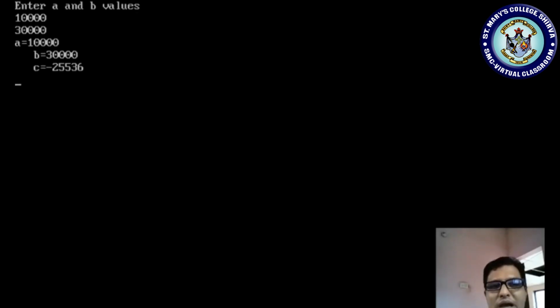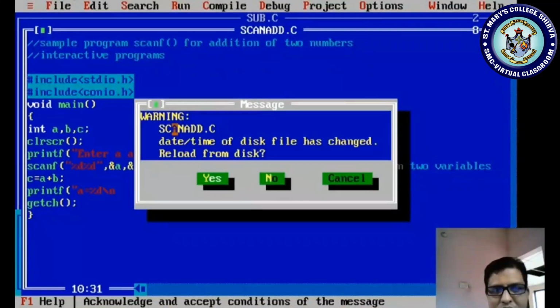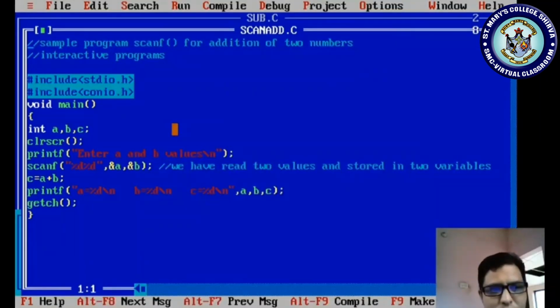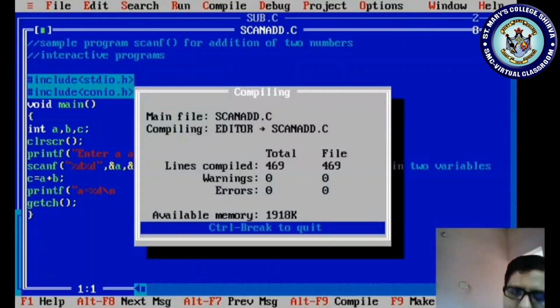Clear? Now once again I will process. Okay. Alt F9, Control F9. Let me enter 30,000. Here I am entering 2,000. Let me check whether it will work or not.